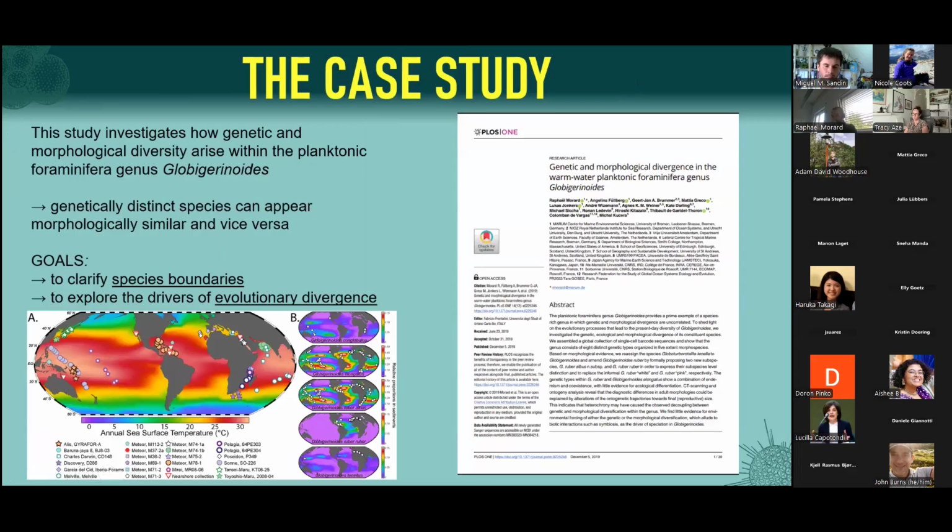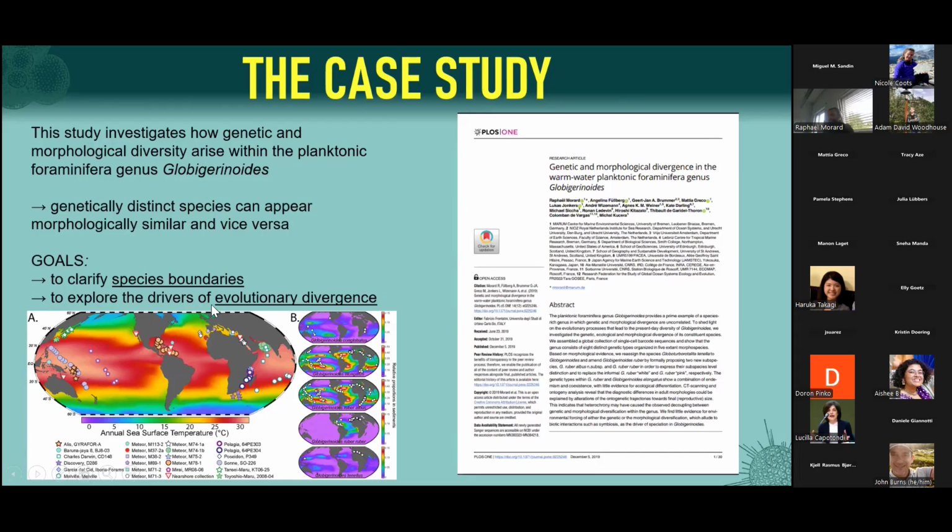Okay, so I'm going to our case study. We have chosen the case study of the Globigerinoides genus. For those of you who are not familiar with foraminifera, this genus is extremely well known because these are foraminifera that are living in warm waters, and they are major providers of environmental proxies, especially to reconstruct sea surface temperature. We chose that case because it's not too much. It's an intermediate complexity scenario. We have here 5 morphospecies, and